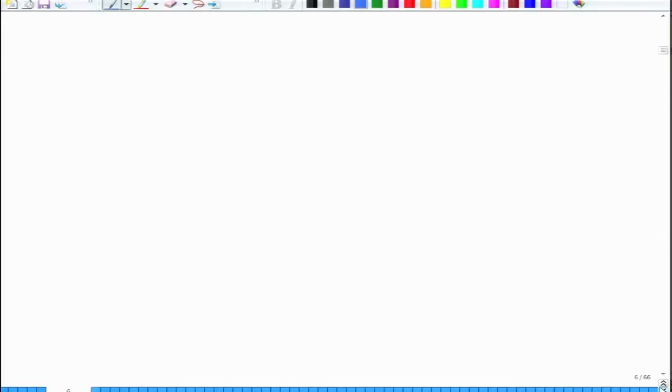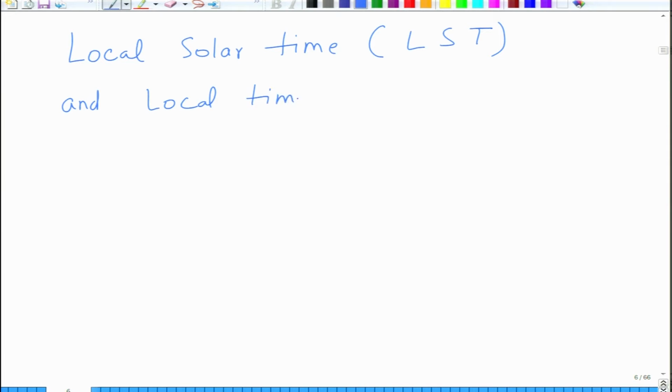So when we make calculations of intensity, or when we make time calculations, we have to be a little bit more accurate than what we see in the watches. So that is why we need to have a distinction between what we call local solar time, which is called LST, and local time, which is called LT. So local solar time basically implies